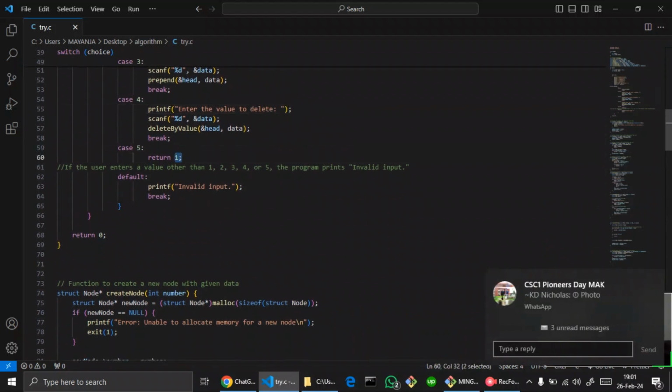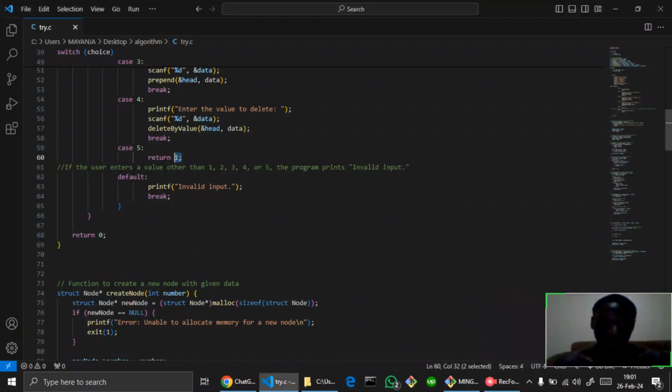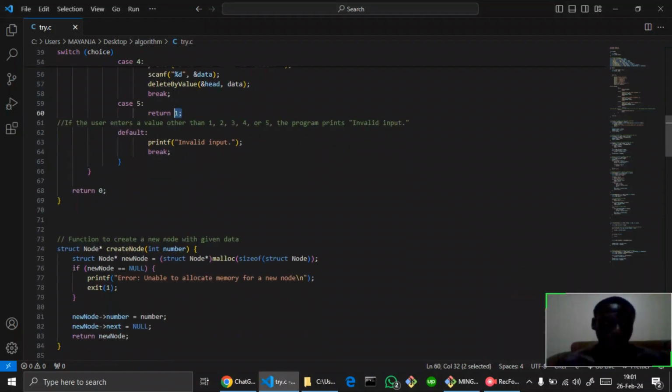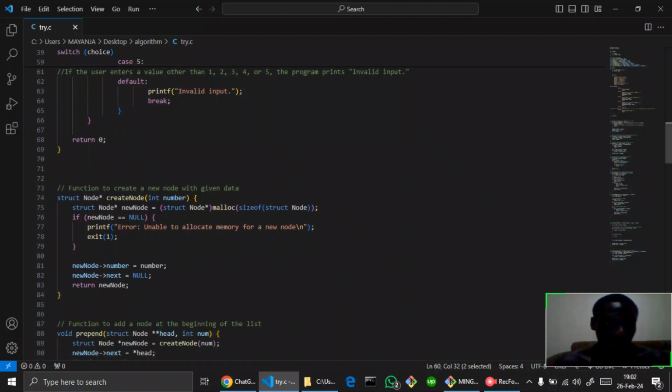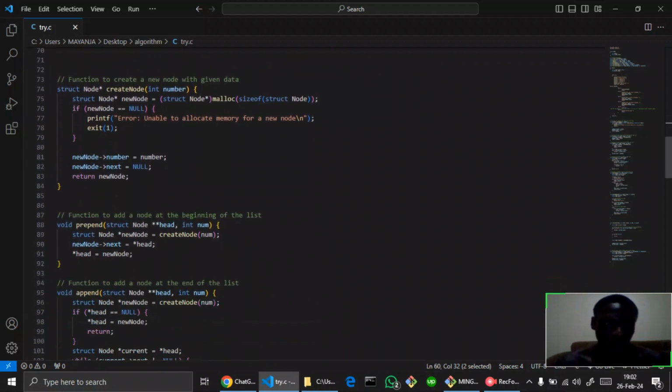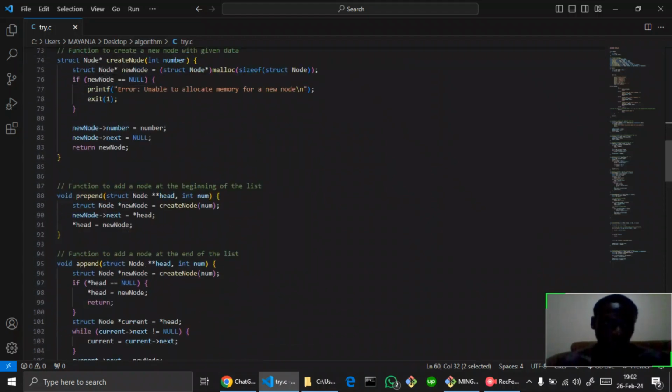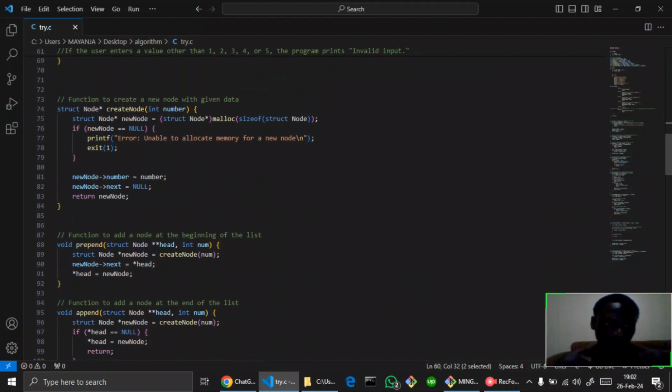Then if the user chooses 5, it returns 1, meaning exit. Then here we have a simple implementation of how these functions will be